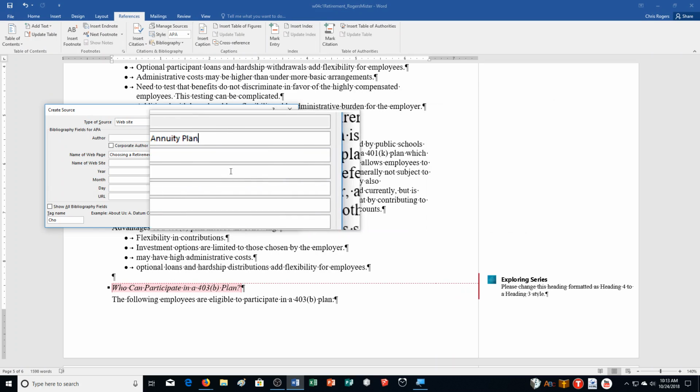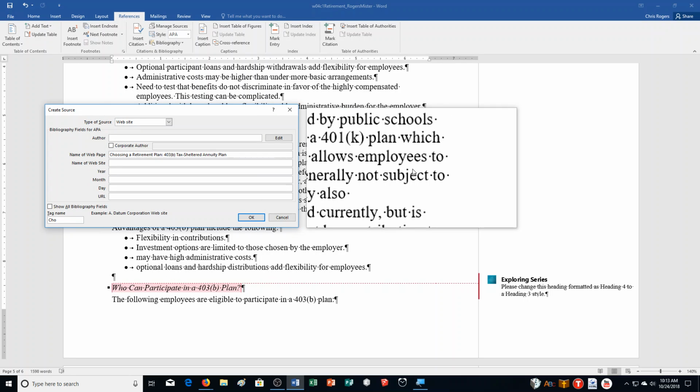And then it says name of the website. So I'm going to push Tab to go to that. Name of the website is IRS. Year is 2014. Month is October. Oh, let me spell that right. The day is 08. URL